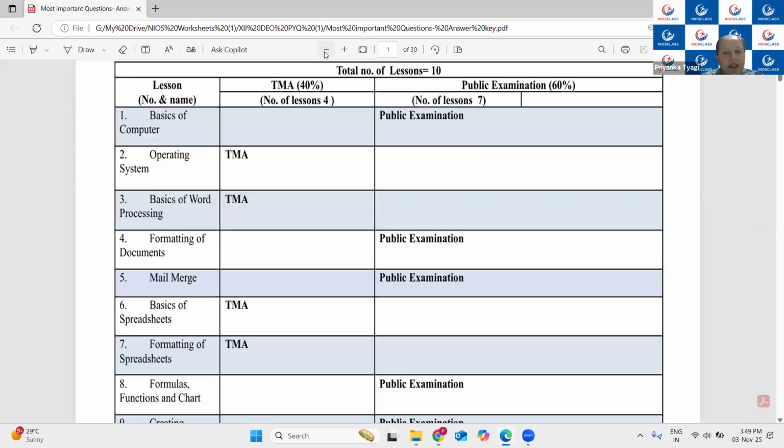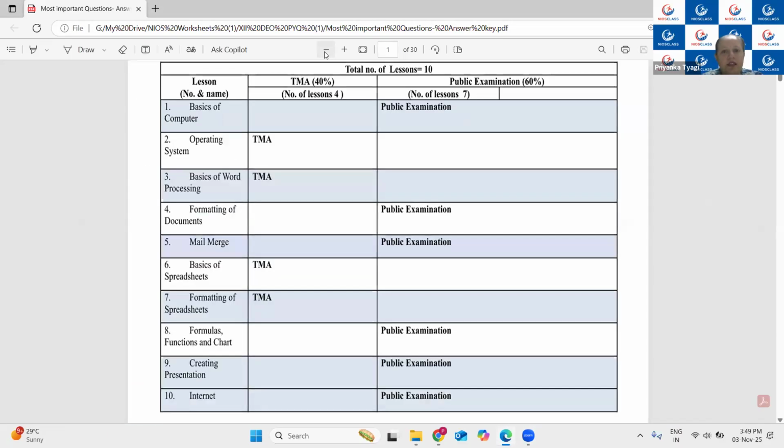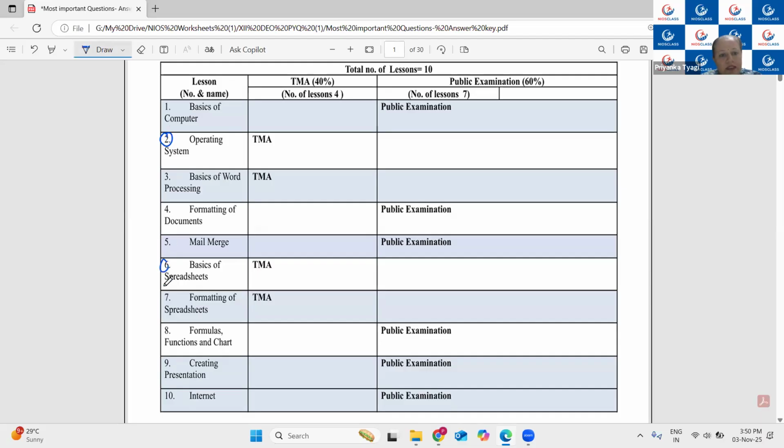As per the latest guideline of the NIOS board, this syllabus bifurcation has been issued from the board side in the year 2023. From that moment onward, in your public examination, not all chapters are included, only selected chapters according to this PDF. Chapters number 2, 3, 6 and 7 are part of your TMA, tutor marked assignment. Usually for your practical examination we prefer all chapters, but for your public examination, we will